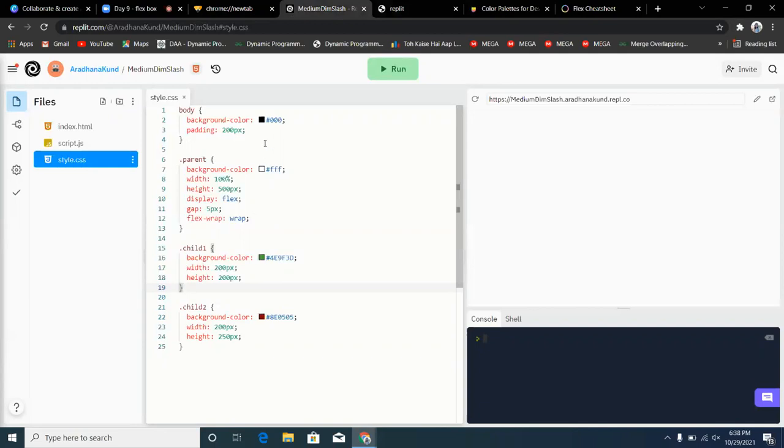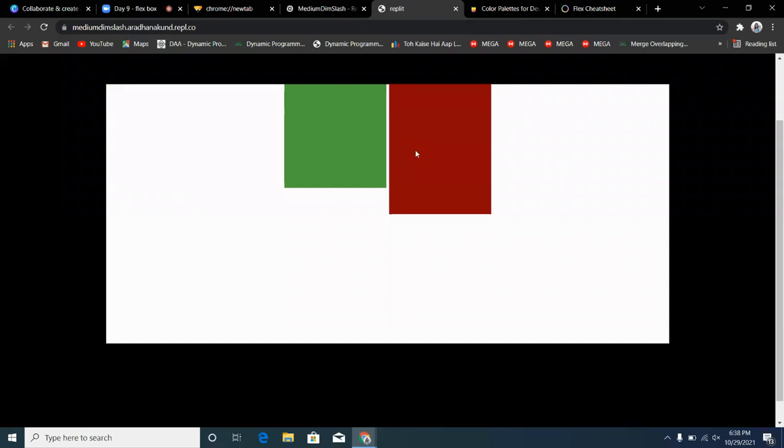Now if I write justify content center here, then what will it do? It will completely take both the elements towards the center, as a group.